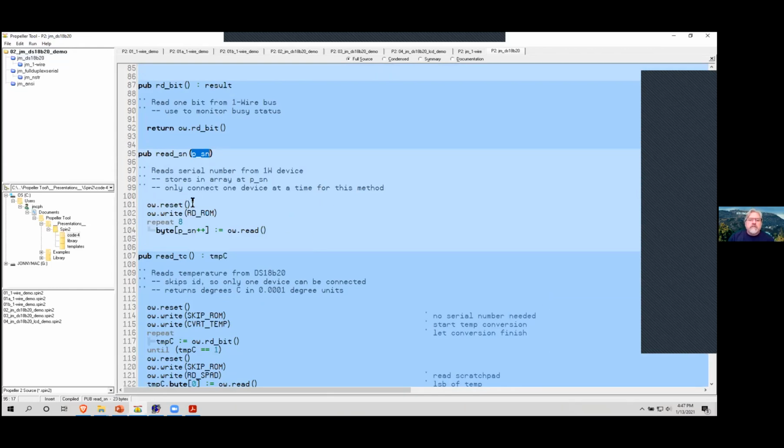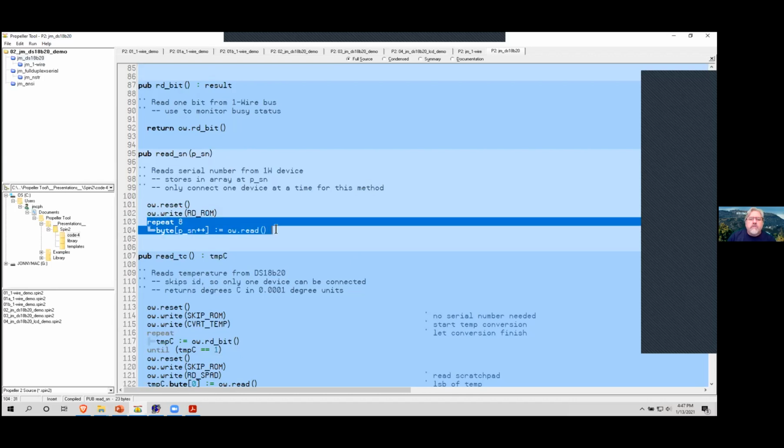So to read the serial number, and you saw this in that transaction diagram, we're going to reset the bus. We're going to issue the read ROM command, which is hex 33. That's a constant that's in this file. And then we're going to read 8 bytes from the bus, and that will be our serial number. So when we do that,